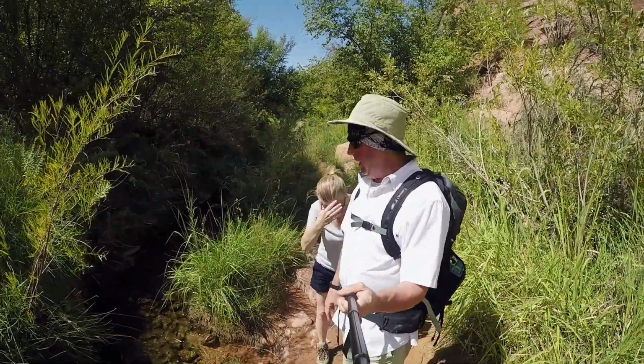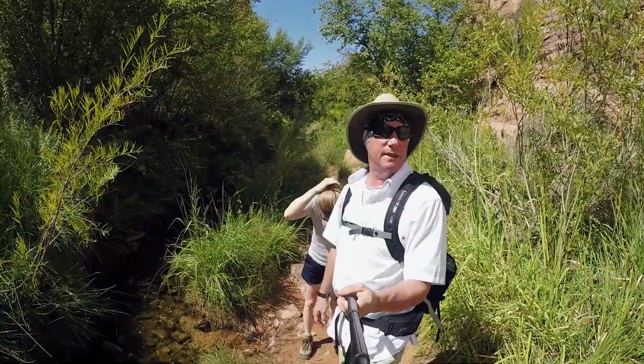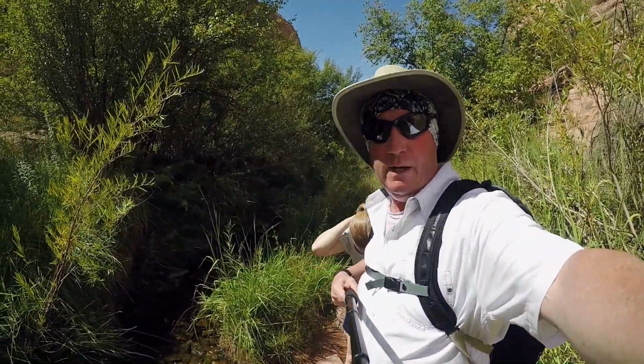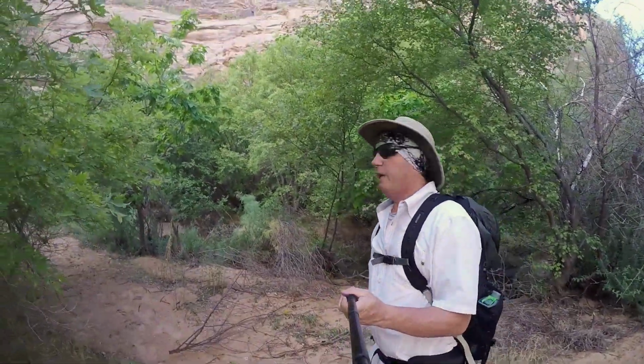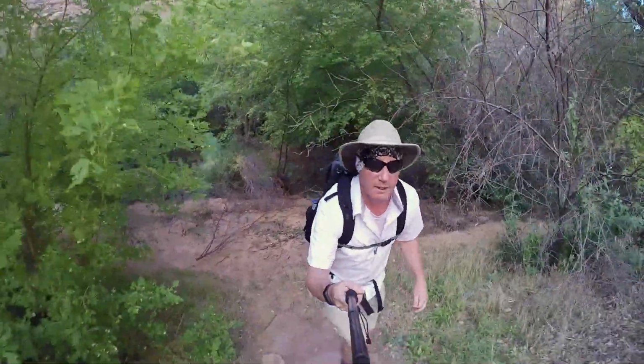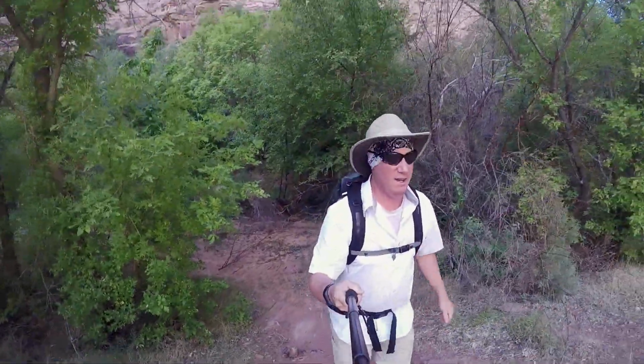All right, so we just purified some water right here. The nice thing about this hike is it goes to the canyon. Here comes people, so we're going to get out of their way. So it's blazing hot out right now, but one of the reasons why I chose this hike is because, again, it is by water. When you're in the shade, it feels really, really good right now. But when you come back out,